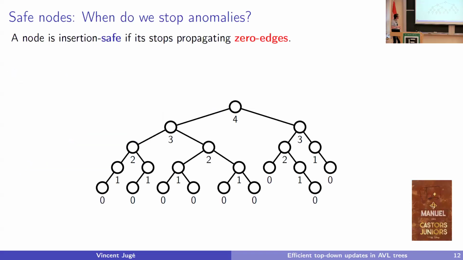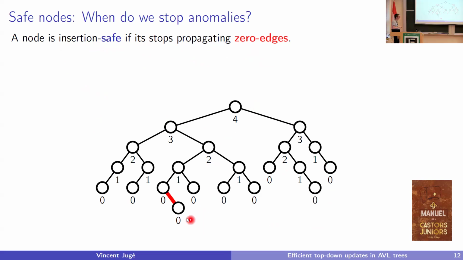So here we will continue borrowing ideas from weak AVL trees, and they use the notion of safe nodes, which was invented a while before, I think in the 70s, from the citations they make. So I will explain to you what a safe node may be in our context. Here, we'll say that a node is insertion safe if it can stop propagating 0 edges. And then I will have something deletion safe for stopping propagating 4 nodes. So here, I took this small tree. It doesn't look small, but it's the smallest that has some properties that we will see at the end of the slide. It's like in 18 overlays.